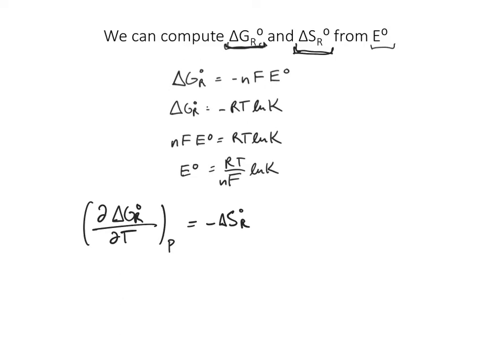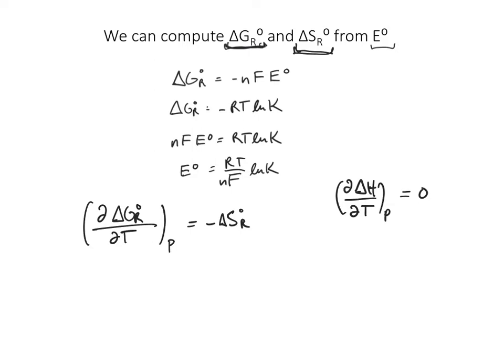And that's because we're assuming that the enthalpy, so delta H with respect to T at constant pressure, is going to equal 0. We're assuming that the enthalpy doesn't really change at all with temperature, and that's a mostly valid assumption,